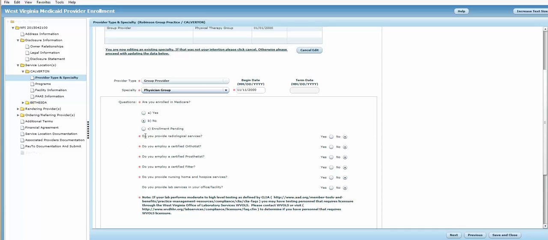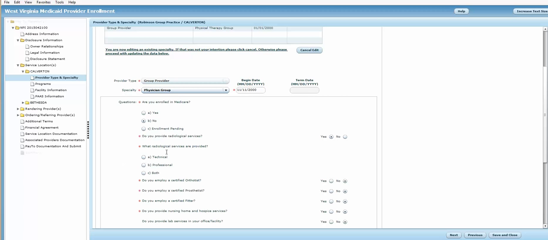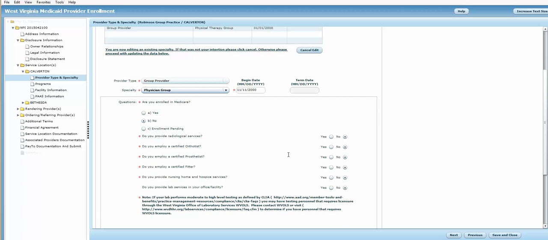Provider type and specialty will get you to this question to begin with, but then once you're at that question, there's a series of related questions. So if I answer yes there, I'm going to have to additionally answer the type of radiology, technical, professional, or both, and whatnot. So that gives you an example of how we dynamically drive the panels